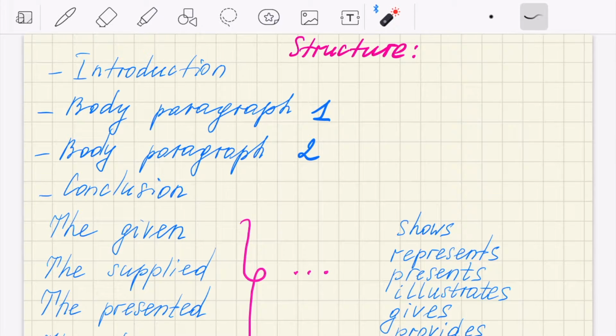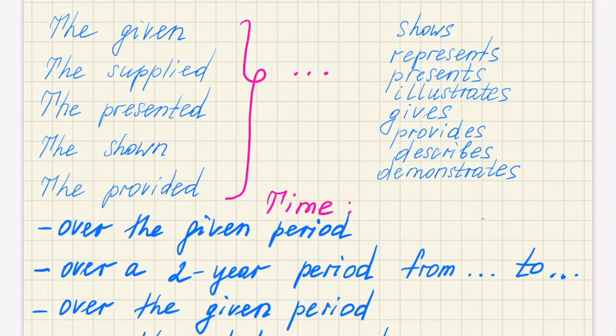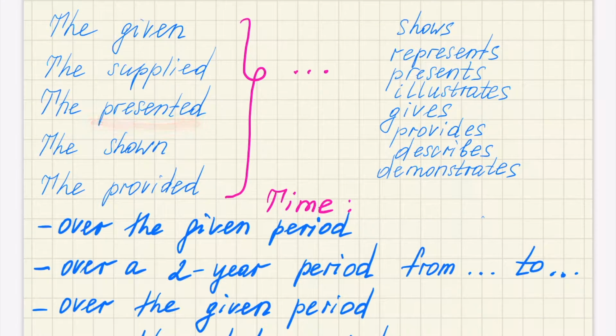And I write the introduction part with the following sentence, where you say the given, or the supplied, all of these are synonyms. Presented, the shown, or the provided. Here you can say line graph. And further you can say shows, represents, presents, illustrates, gives, provides, describes, or demonstrates. Any of these words. Let's say you say the given line graph represents